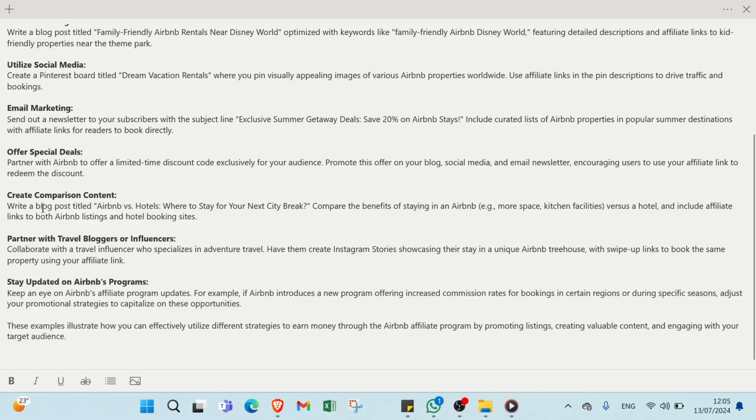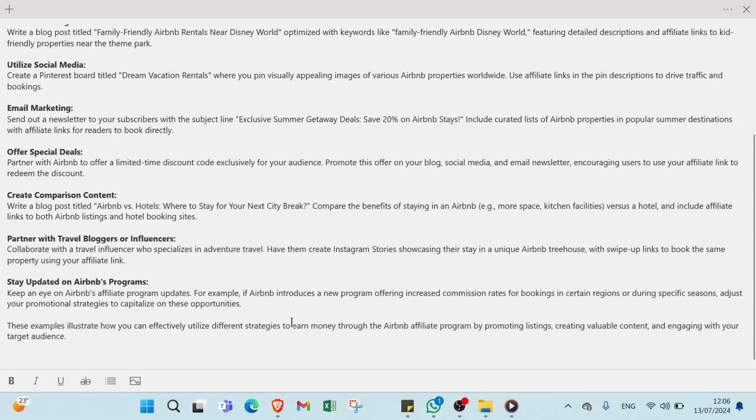We have also partner with travel bloggers or influencers, as you can see here. Collaborate with a travel influencer who specializes in adventure travel. Have them create Instagram stories showcasing their stay in a unique Airbnb treehouse, with swipe up links to book the same property using your affiliate link. And the last one, finally, is stay updated on Airbnb's program. Keep an eye on Airbnb's affiliate program updates.